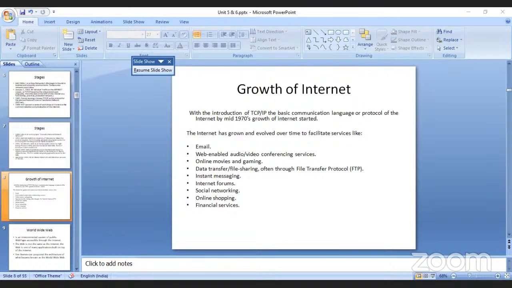So when you search for some data, all this information is stored, heterogeneous, meaning different types of information in different forms. It can be in textual form, image form, audio form, or video form. All this information is stored at a place. That's how the web system works.